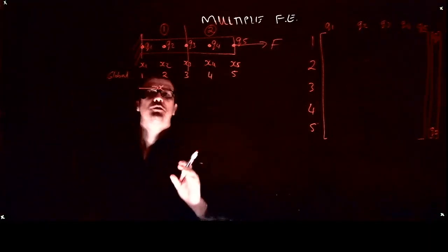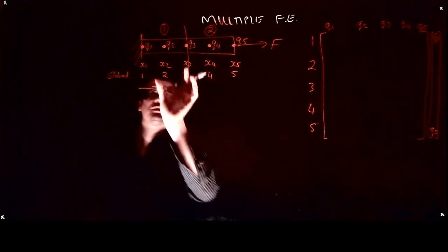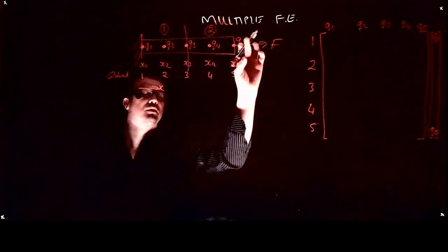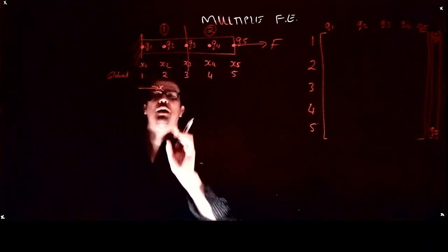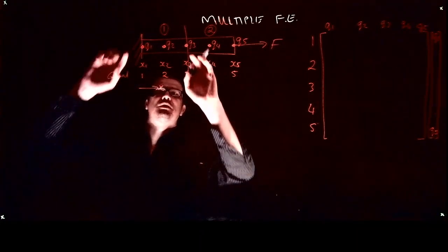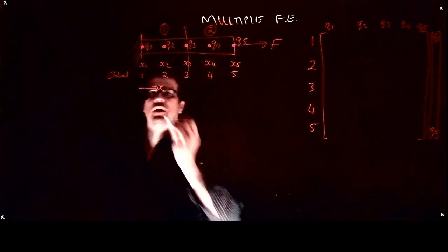Alright, so now we can go and extend and say we've broken down this structure into two elements, and now what we can do is compute the stiffness matrix for each element. So I can say for element 1,